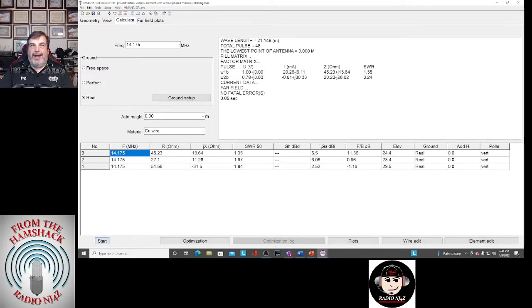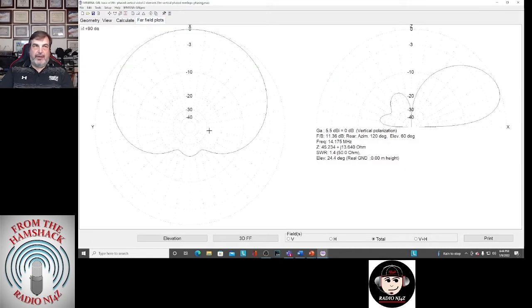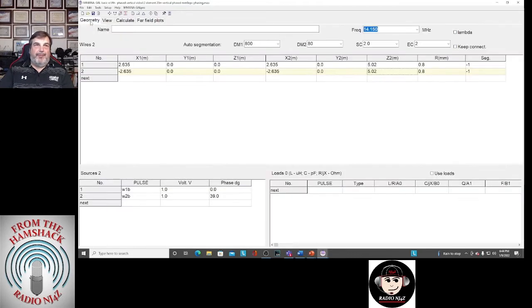Now, we lose about a half dB of gain, okay? But when I show you the pattern, you'll see why I'm excited about this, okay? We pull the far field plot. That's a pretty darn impressive pattern, okay? I'm going to go back and just run this at 71 degrees one more time before we do this,